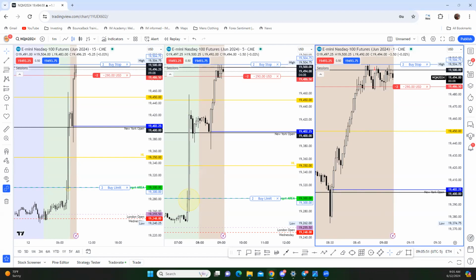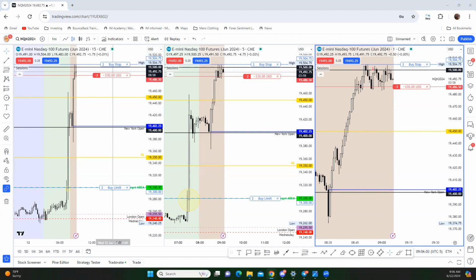ES 15 minutes still looking pretty strong. YM is dripping. So you have Dow, or excuse me, YM, whatever you want to call it, falling really quickly. So maybe we're going to get that same situation here under 19.5 to be able to at least cover some of this position.